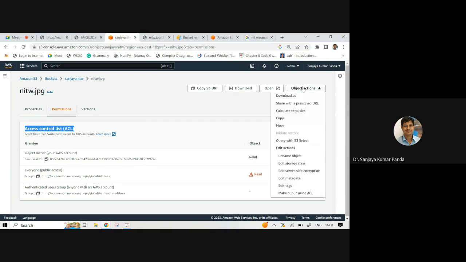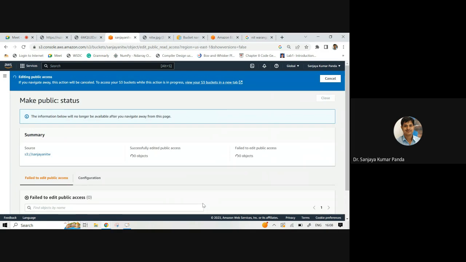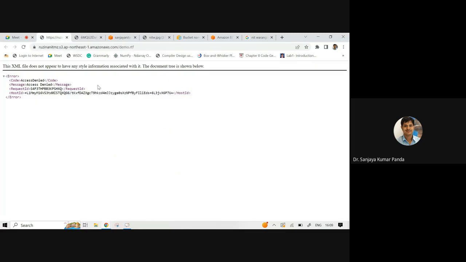Then you have to go for object action. Click here, make public using ACL. Okay, once you do it, we are able to see your image. So change it.